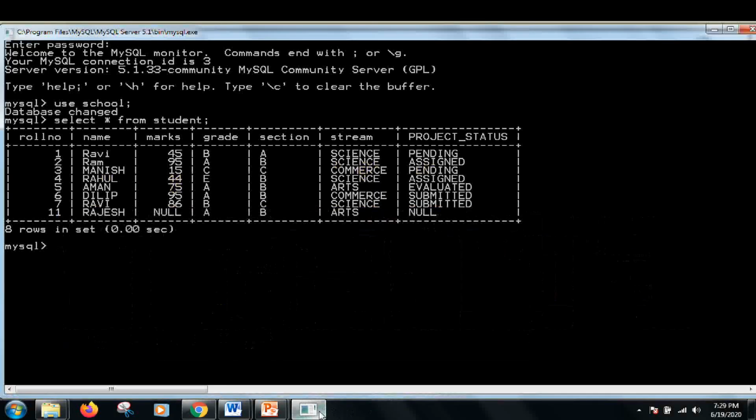Let me show you this programmatically in MySQL. See, this is a table given to you, and I am writing the query: select star from student order by field.